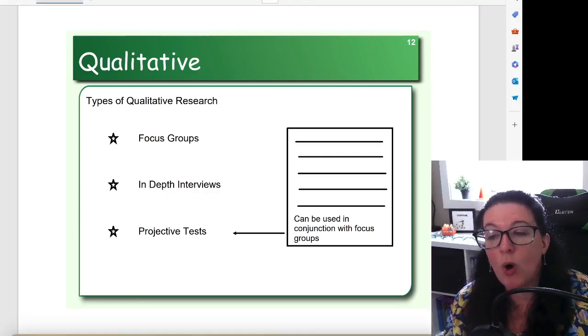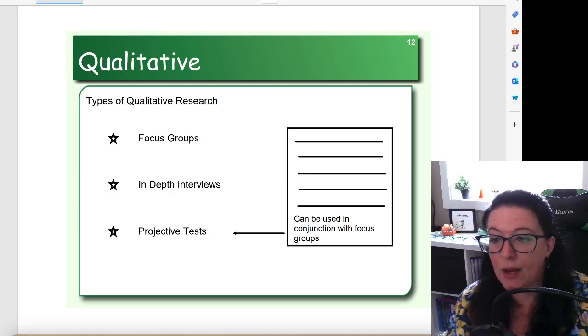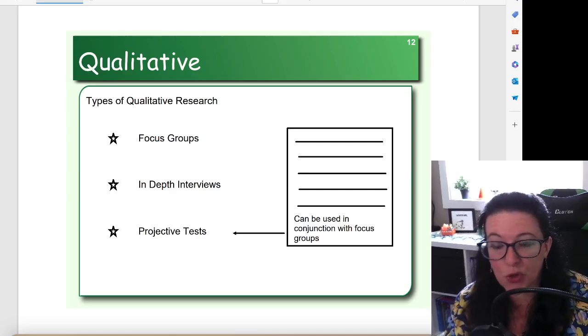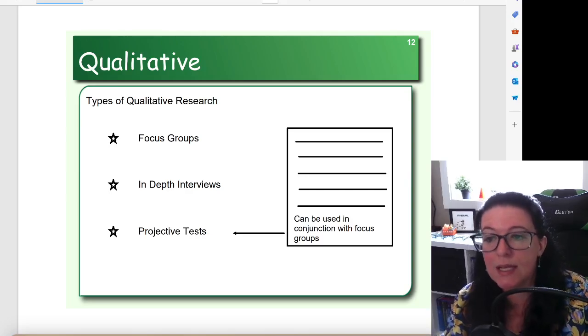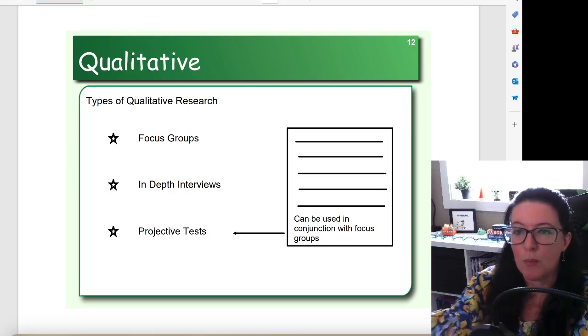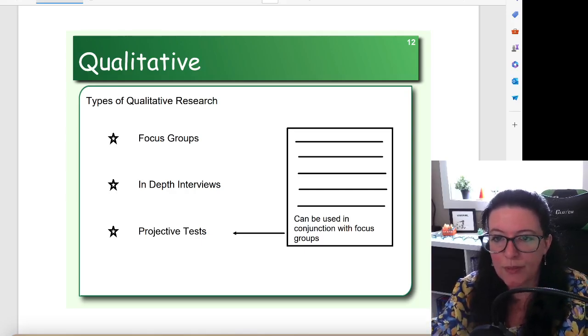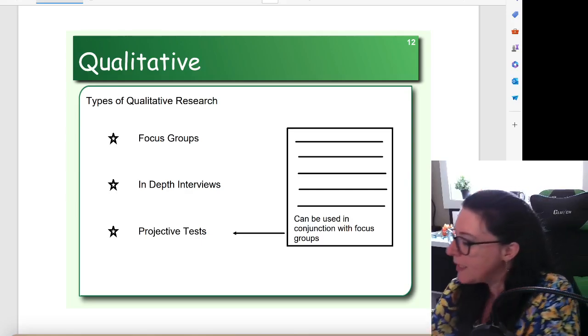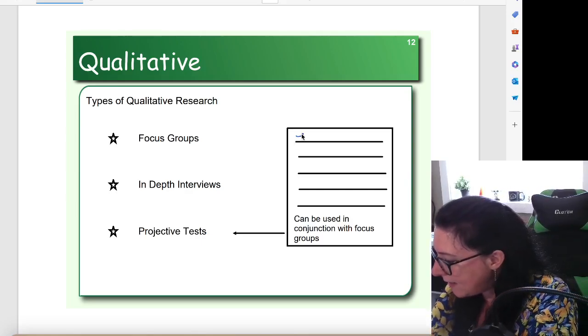We've been talking about qualitative research, and in our previous videos, we talked about focus groups, we talked about interviews. In this particular video, we're going to look at projective tests. Projective tests can be used with interviews or with focus groups, and it is a technique